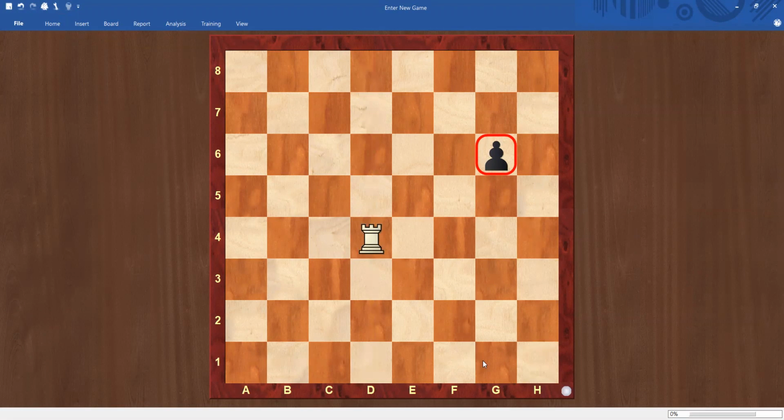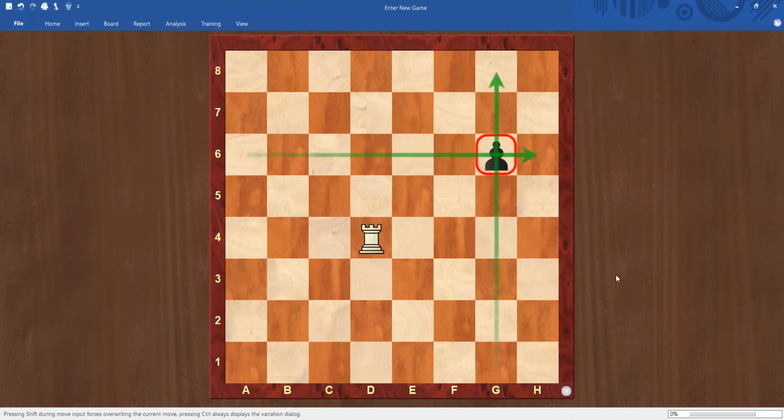I should come to the G file or the 6th rank, right? So my rook should go to the 6th rank and kill this pawn, or I should go to G4, on the G file, and kill the pawn.